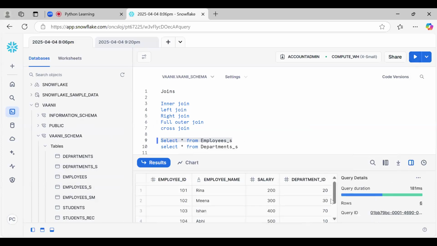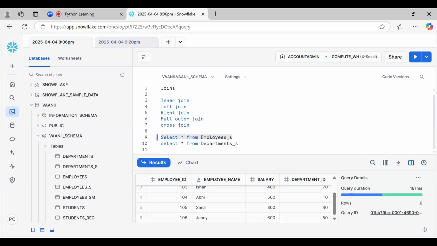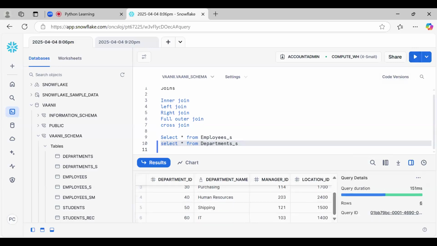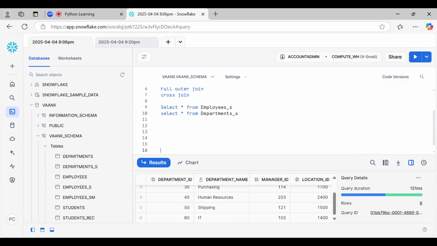I have added only 6 rows in each, so that it will be easy to understand when we practice. So let's start first with inner join.